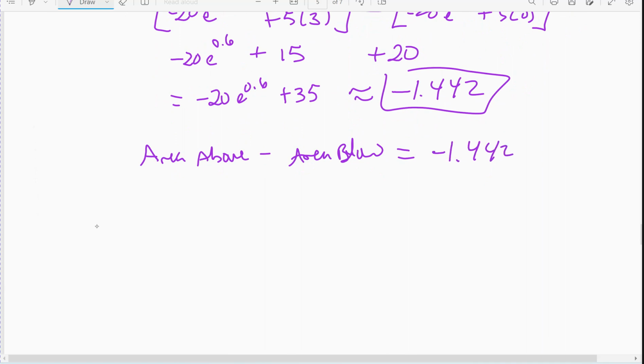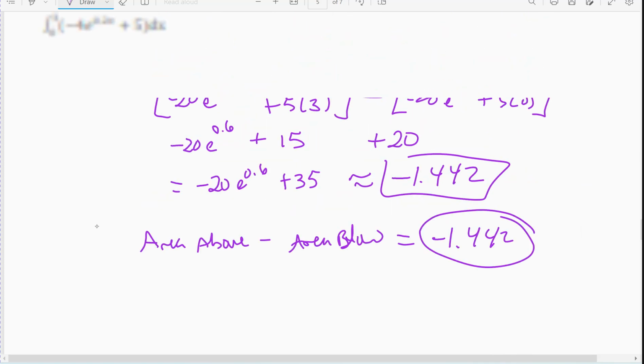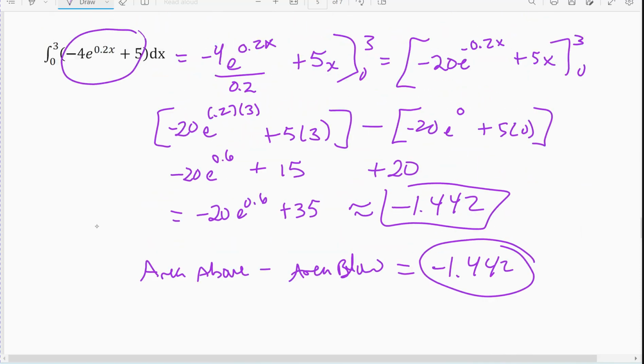So there's more area below. There's 1.422 units of area more below the x-axis from 0 to 3 than above. That's what this means. So if I graph the picture, that is what shows. So there's not a whole lot of difference, but that is what the picture would be. And so the graph that we graph, remember, whenever we're checking the picture out, this is the picture that we're going to graph. So when we go to the calculator and we type that in,